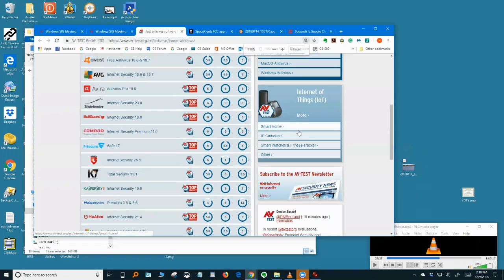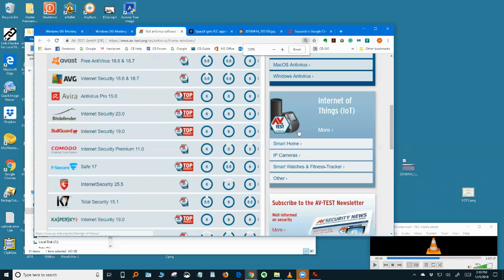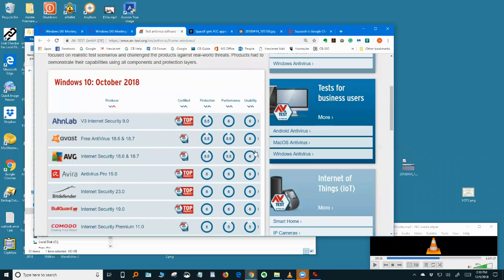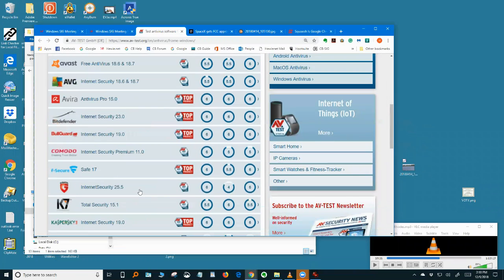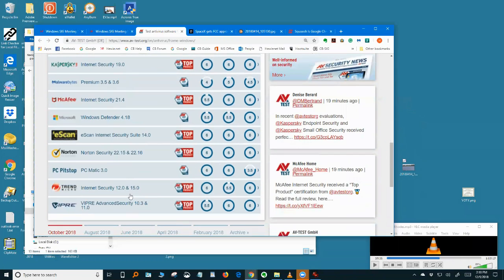Let's make that bigger. One smaller. And you can see Avast and AVG have the same scores. They're owned by the same company now. They may just change the name of the software. I don't even know if the software's changed. The software that I use isn't even on this list, but